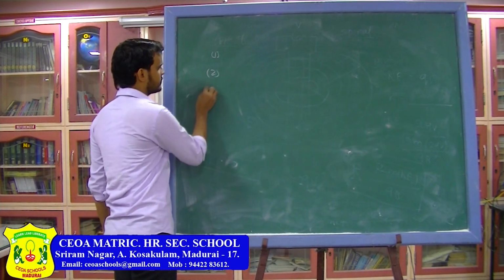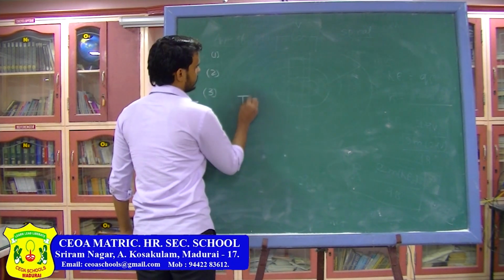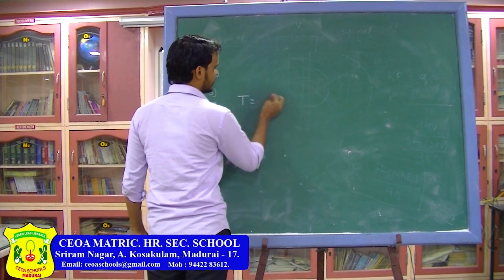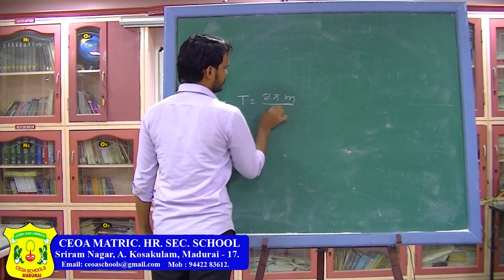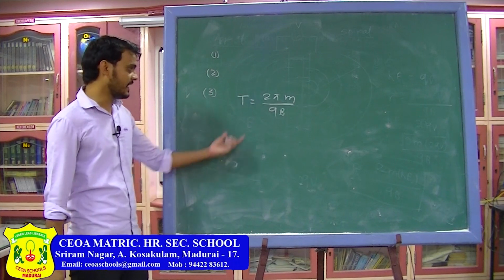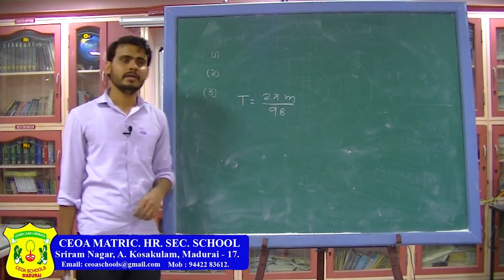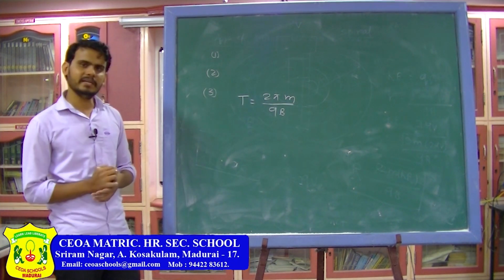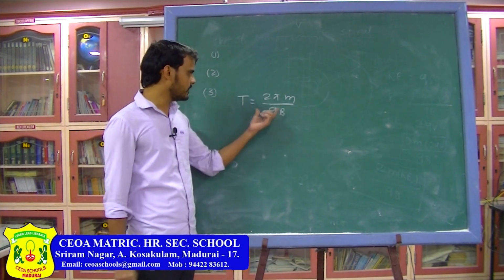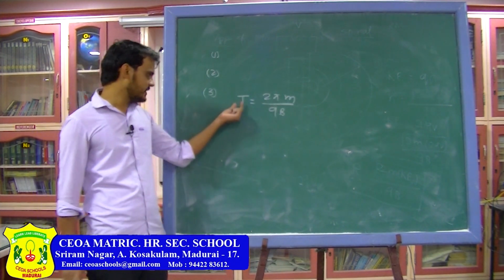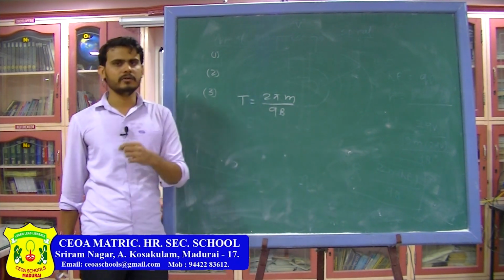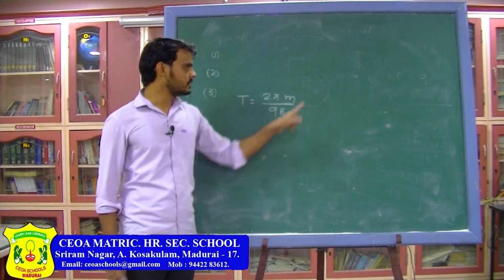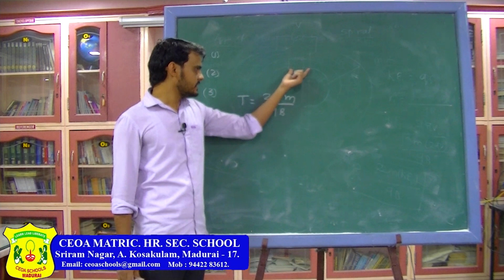The third limitation: we have written the time period of the charged particle and the time period of the voltage source, and both are equal. Here I can write 2 pi m divided by qB. This is the time period of the particle, and this is also the time period of the voltage source. Only if the two time periods are the same can the cyclotron accelerate the charged particle. If they are not equal, then you cannot charge this thing, because there will be a lag between when the charge reaches the gap between the D's and when it enters the D's.